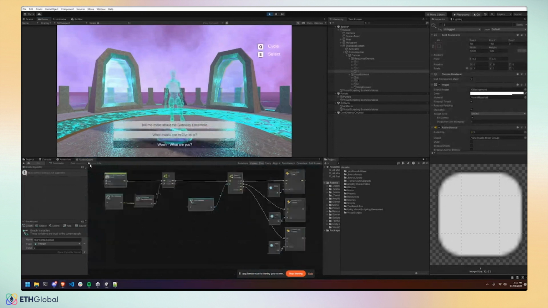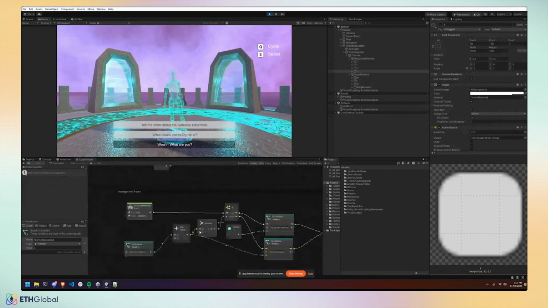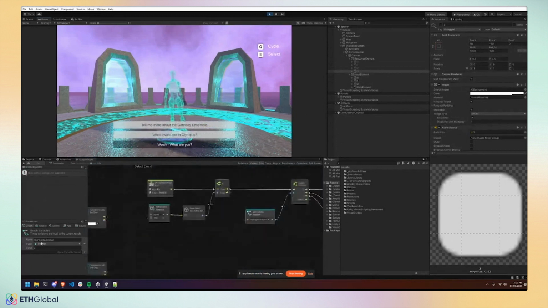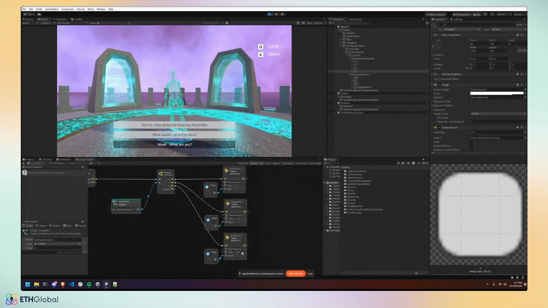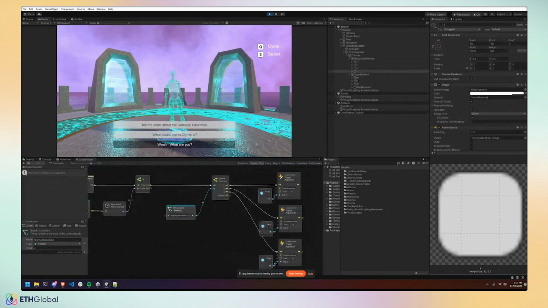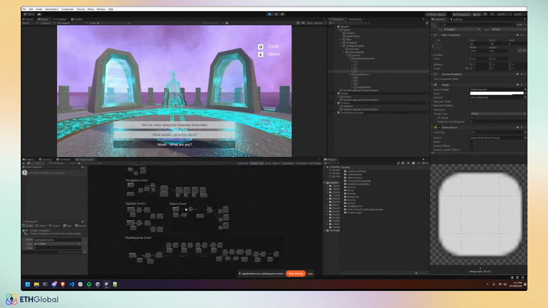This is very basic. Essentially, it just takes the currently selected object from the highlight, from the navigation event. It's stored in a variable on the side here. And then there's a switch statement that triggers the correct response. But as you can see, there's not that many nodes. It does seem a bit scary at first, but once you dive into it, it's not that complicated. This sort of sample project will be available after the project for people to rip into and try and